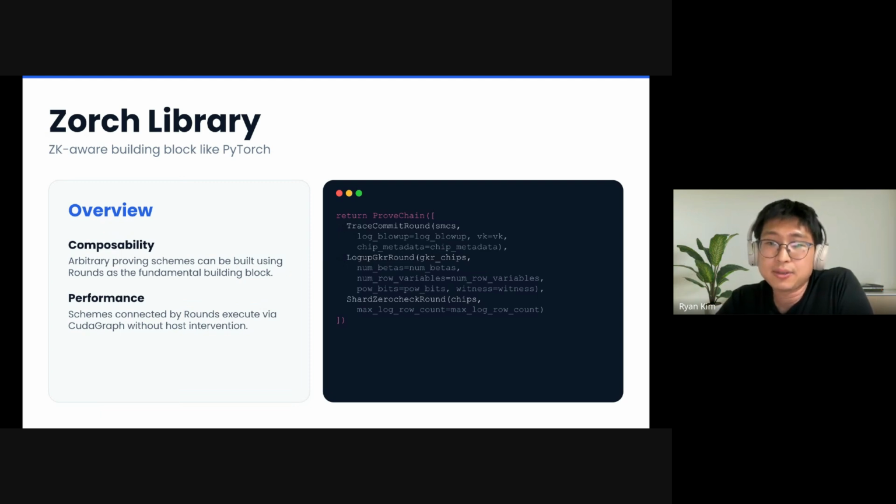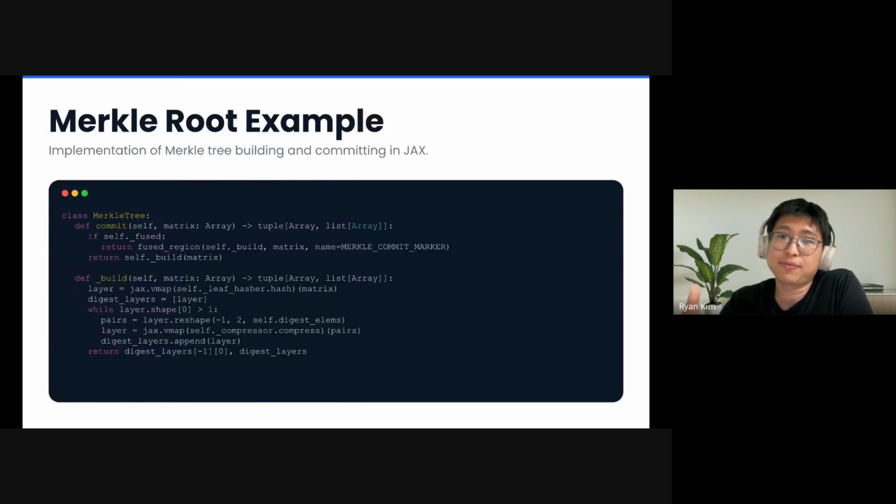So how does this Python actually become a CUDA graph? That's the next layer, JAX, and it does the tracing. The user writes George, and JAX captures it as a typed IR. Before deep diving or briefly introducing JAX, let me zoom in one level. The last slide shows George at the proof chain level, rounds composed into a scheme, but inside each round there are primitives: commitment, transcript, and more. Let me show you what one of these primitives looks like.